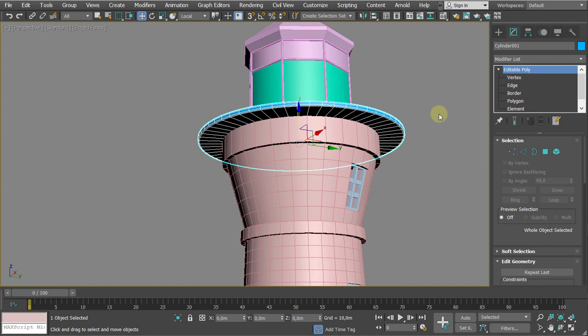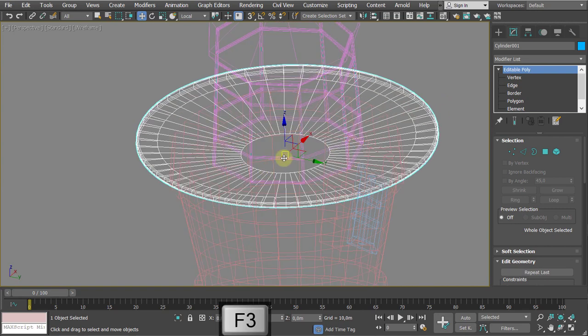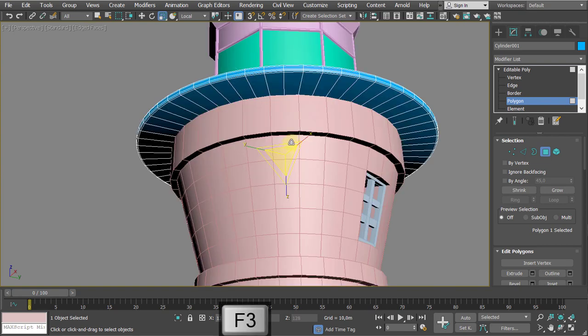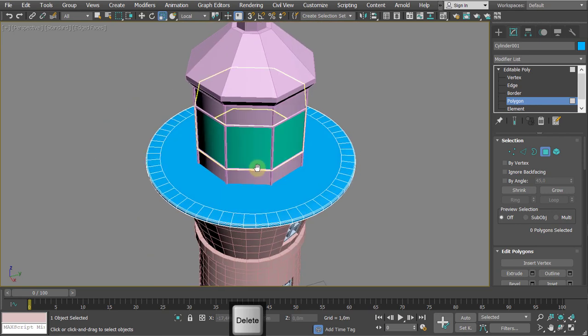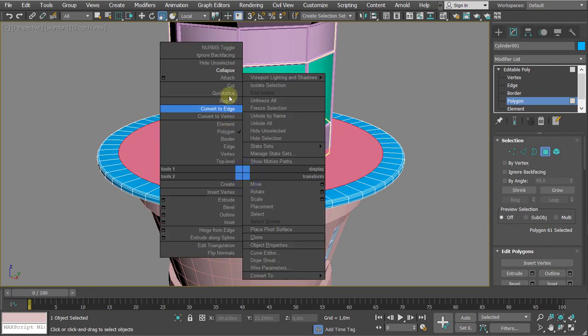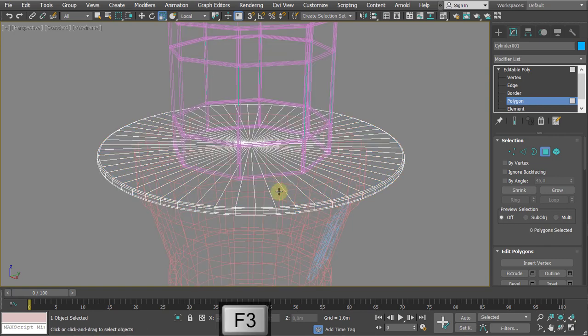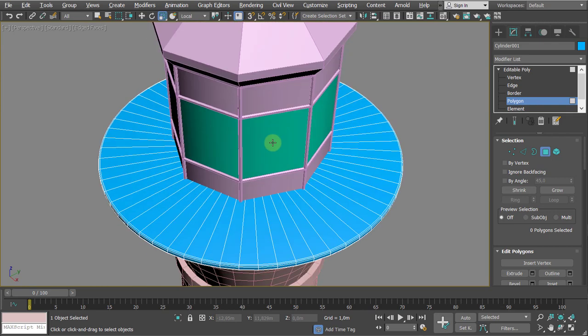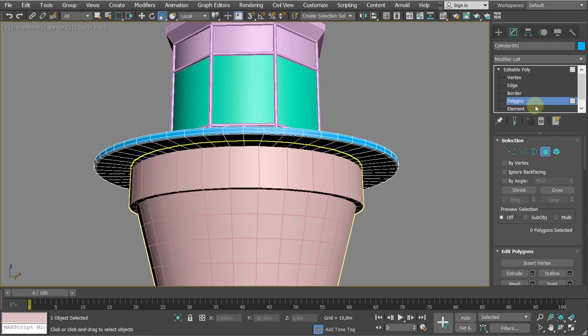That's pretty nice. And of course, we don't need this bottom polygon because it will never be seen. So let me increase the size and just delete it. Okay, how nice it is. And actually I can right click and collapse this one. So now I have this collapsed polygon, so that big polygon is removed. Alright, so I can save some